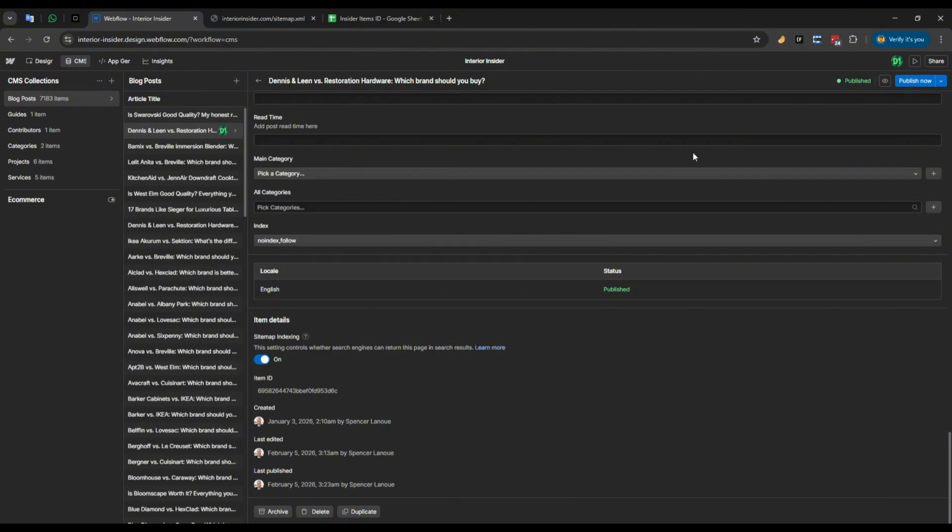When you disable that setting manually, Webflow sends the item back to draft status. So you disable it, it goes to draft, and then you have to republish every single one. Ugh, total nightmare. So we found a better way.